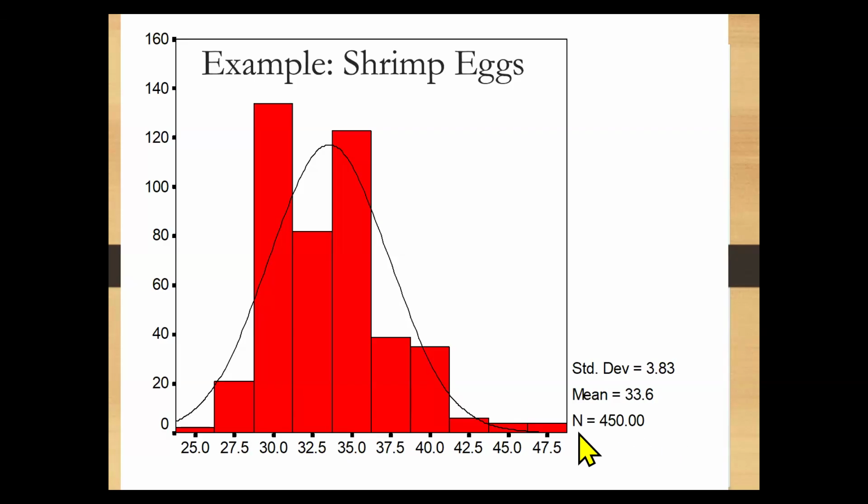All right, so this is a sample of, so here capital N is the number of individuals measured. So I had a couple of undergraduate students busily at work on this project, and they measured 450 eggs. And then the mean of all the measurements was 33. This is in microns, and the standard deviation was 3.83. All right, so the mean of our distribution should be here in the middle, 33. So if we put a normal distribution on this graph, it should have its one mode right here in the middle. All right, however, looking at this graph, look, it has one big hump over here, a big dip down,